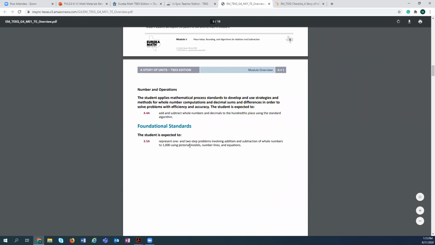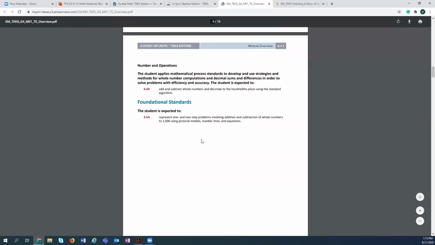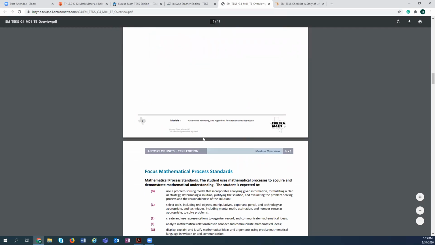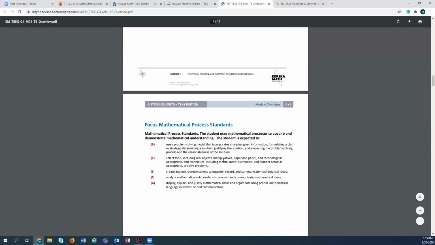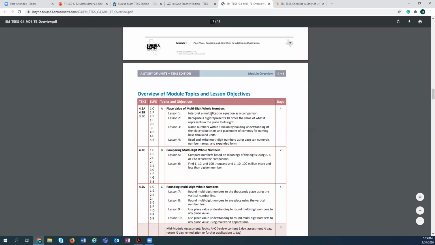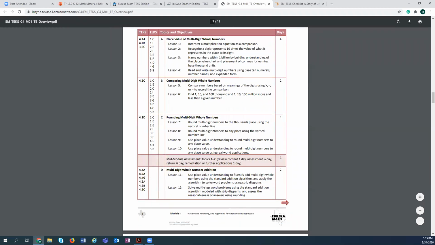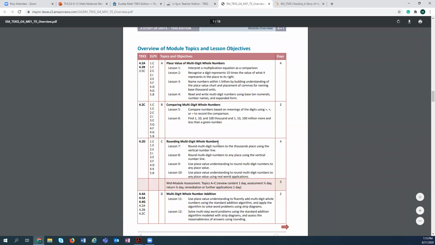And there's an opportunity to see what are the foundational standards that vertically align to the topic to be able to understand what students need to know coming in. You can see the process standards, and then you'll be able to see an overview of the lesson objectives going throughout the module and some suggested pacing days.